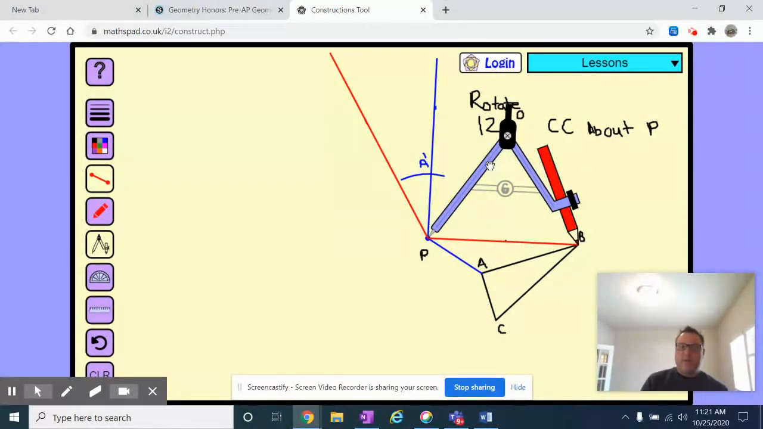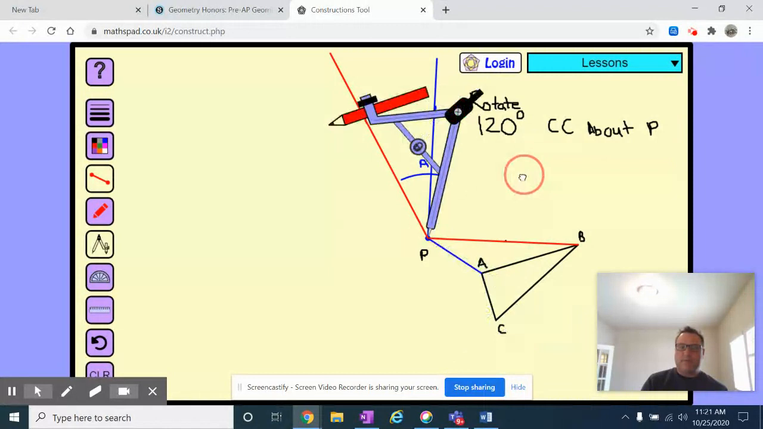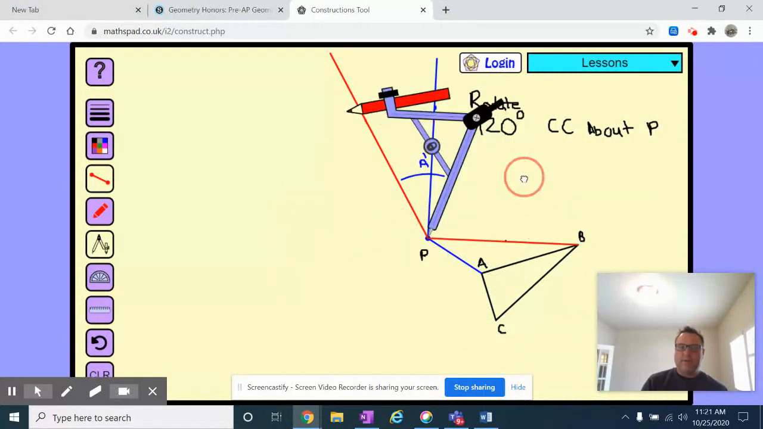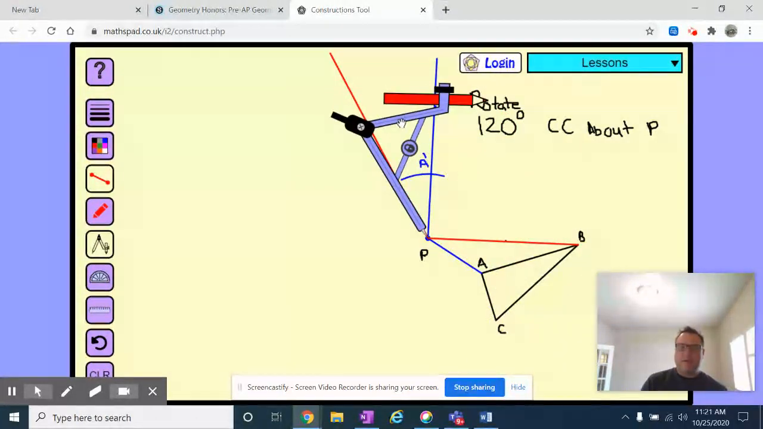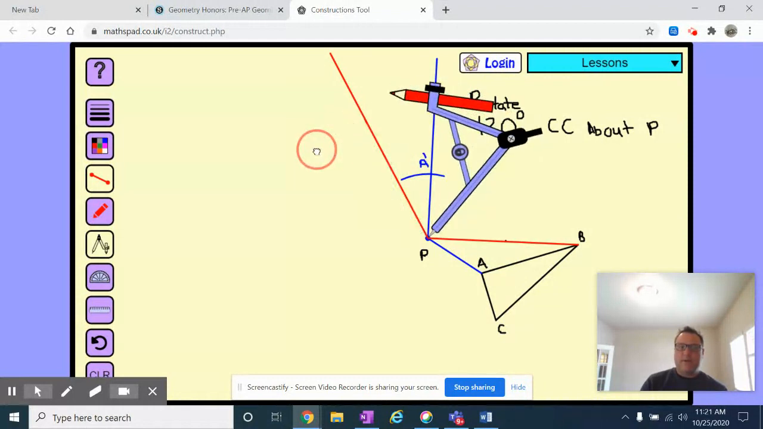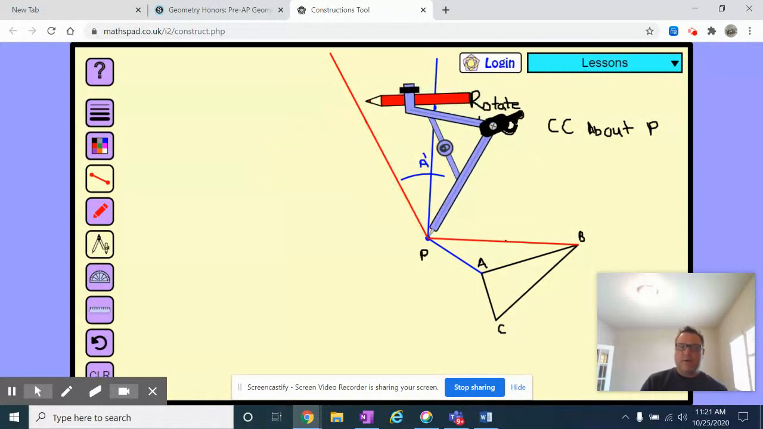There we go. Then I'm going to lock my compass, and then I'm going to move it over here. Sometimes this gets a little hard. Okay. And so I'm going to move it over here, and I'm going to make a mark on the red